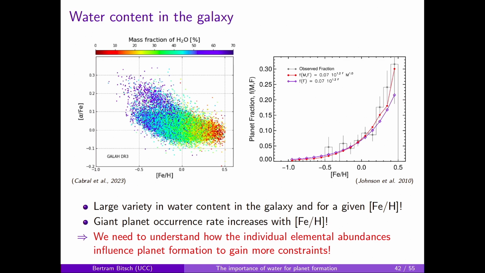It's important because if you look at the occurrence rate of giant planets, this is what you see here. So we have here again the whole star metallicity, and this is the fraction of stars that harbor giant planets. And you see this increases as you increase the metallicity. So we can, of course, explain this. More metal-rich stars have more material available, so it's much easier to make planetesimals. It's much easier to accrete your cores and to make giant planets. But the question is,